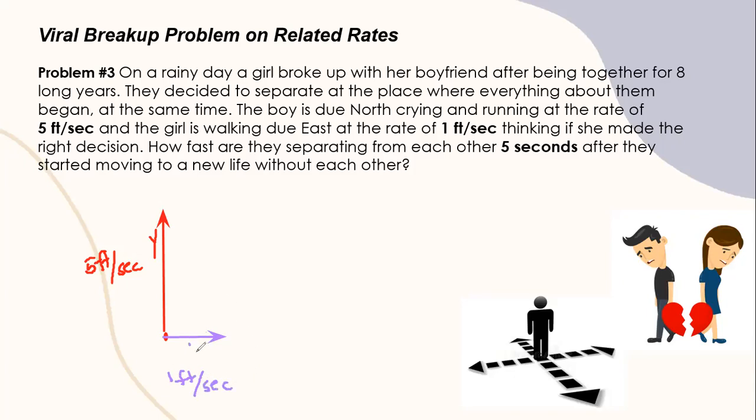So, we can set as x yan, si girl, since siya yung naka-horizontal. Okay, so thinking if she made the right decision. So, how fast are they separating from each other 5 seconds after they started moving to a new life without each other? Okay. So, sabi ito, yung separation nila,